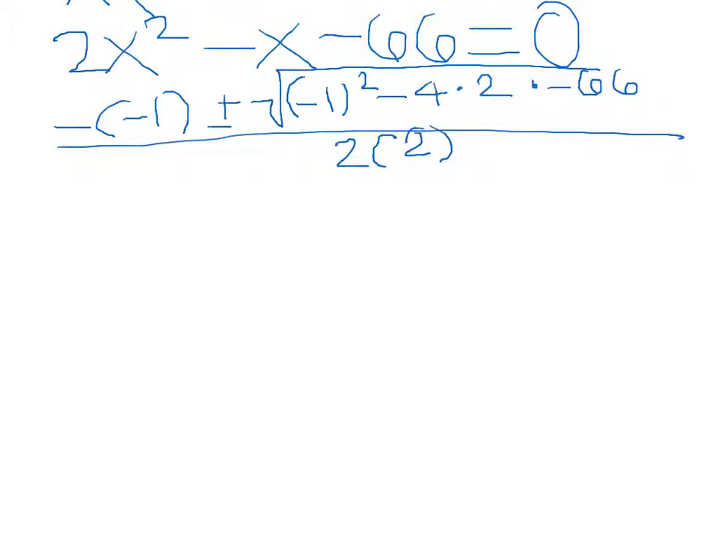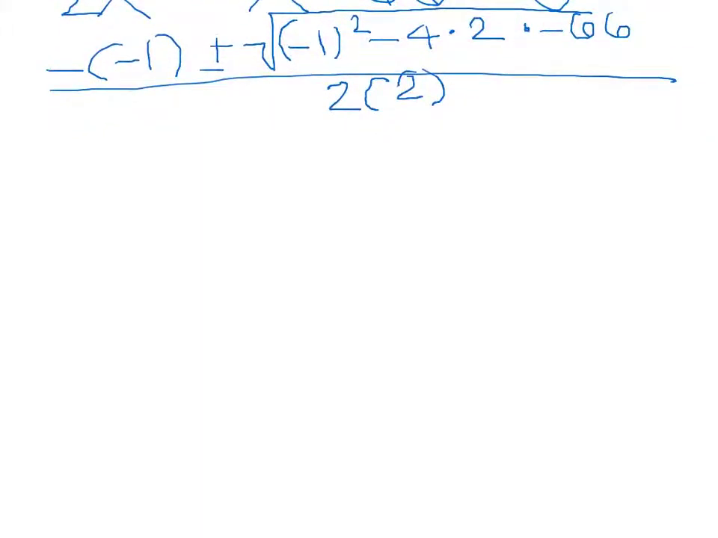Hey guys, so I'm back and I just plugged everything in basically to the quadratic formula. So now what we want to do is begin to solve. So both of these negatives cancel each other out because a negative 1 times a negative 1 is positive 1. Plus or minus the square root of 1, and negative 4 times 2 is a negative 8. And then negative 8 times a negative 66 is positive 528. And 1 plus 528 is 529